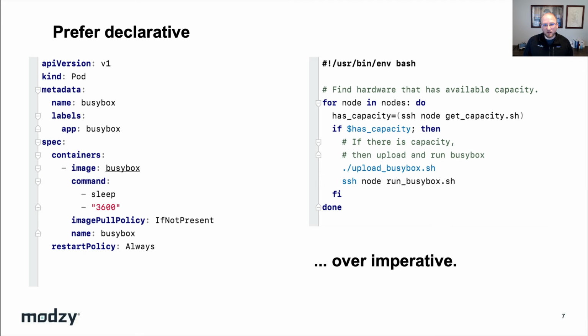Maybe they would need to check to see if the model needs to download a new weights file that had been generated from a retraining loop. These are all things that the user of this API doesn't know or care about. All they care about is they want their data processed and to get a result. Declarative APIs, while much harder to write, eliminate any unnecessary knowledge or input from a user.